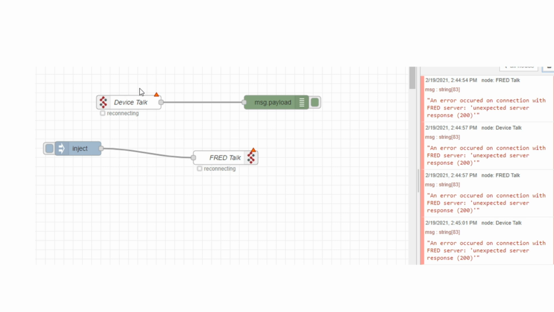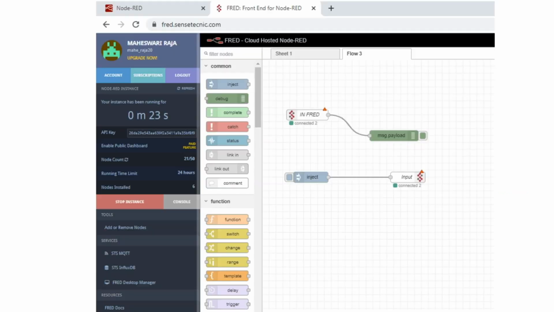Whatever name you would like to give it, you can give it here in the FRED in and the FRED out. So again, if the connection was not established, you will get an error in the server as well. So you can refresh your screen both in the client and the server, and then you will get this connected. It's called a connected message, in both your server side and the client side.